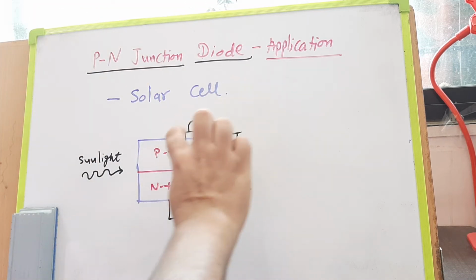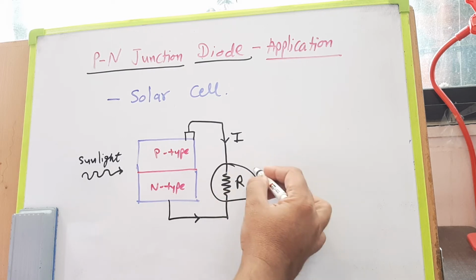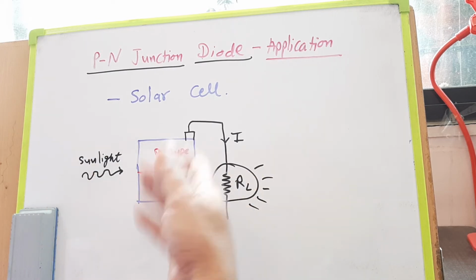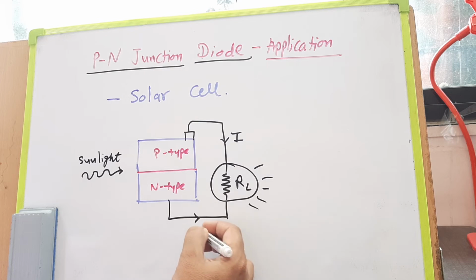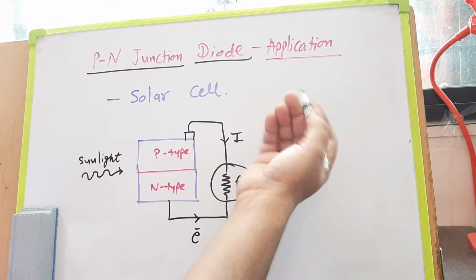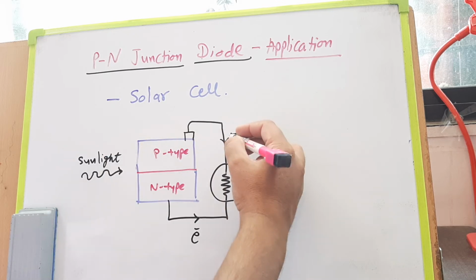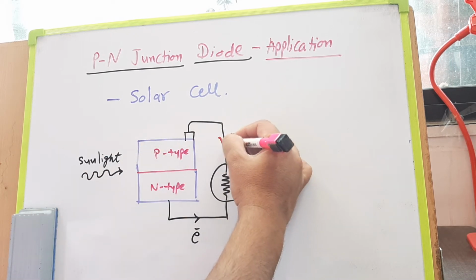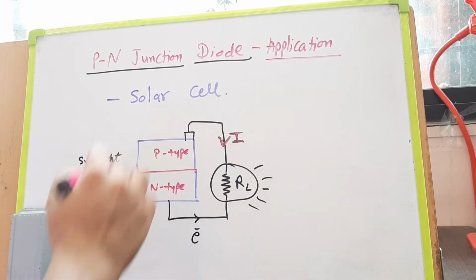And if you now connect a circuit, सर्किट मीन्स साधा कनेक्टर जर कनेक्ट केला आणि जर त्याच्यावरती कुठे लोड आहे, that load can be a bulb or it can be a motor or anything. So effectively electron will flow from the circuit. So this is shown as a flow of electron, and this is shown as the conventional direction of a current. So probably I should show that in a different color, so you will understand this is the conventional direction, this is the electrons' direction.